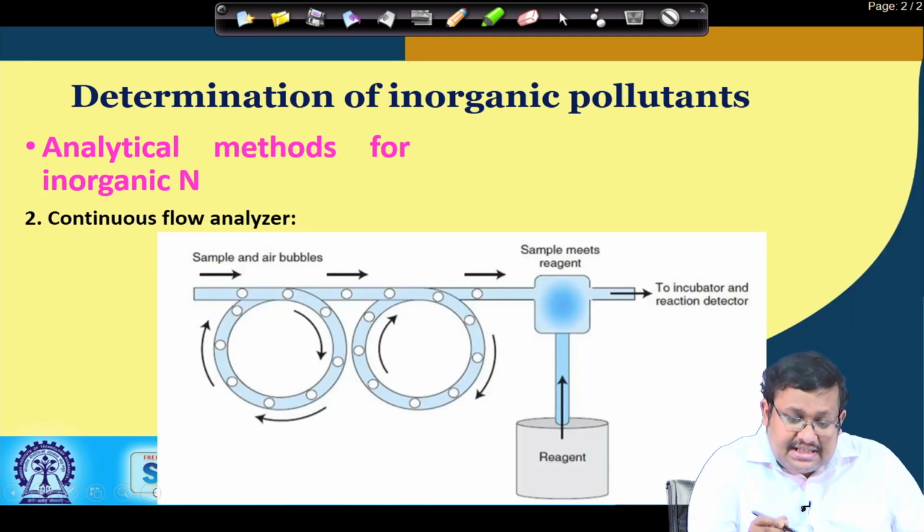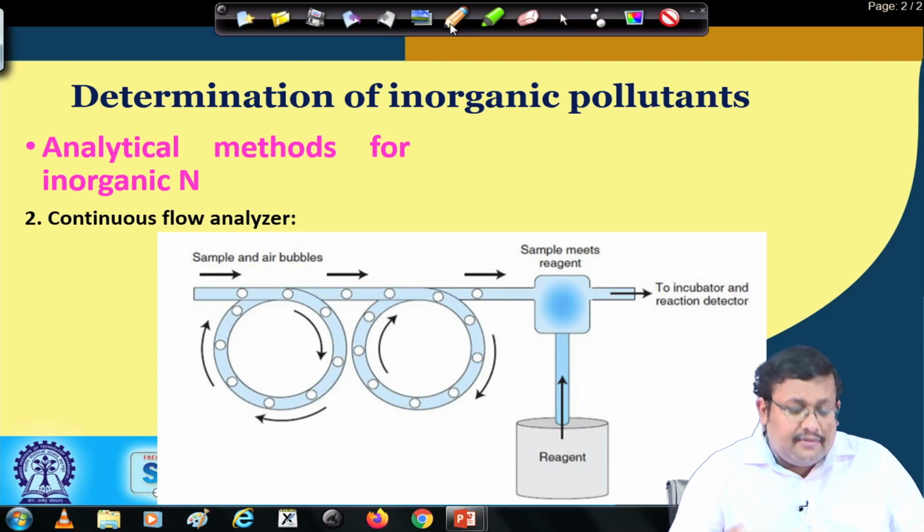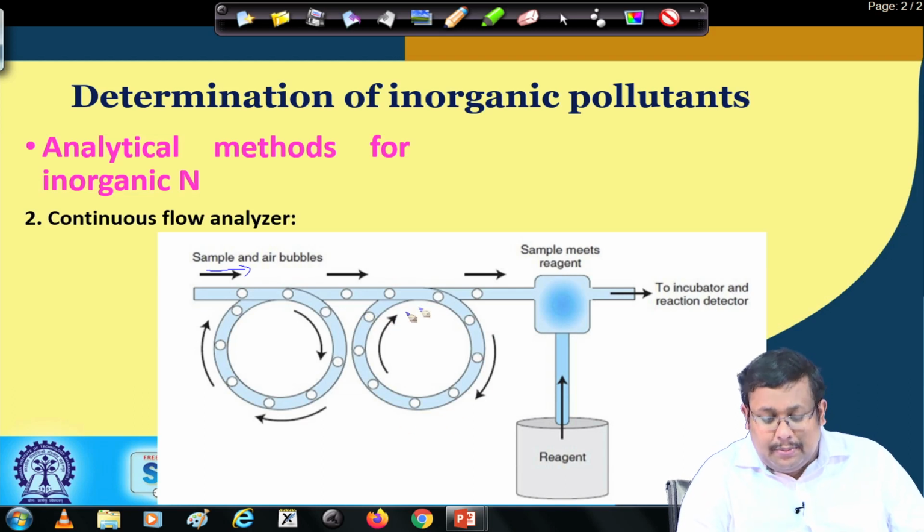Now, as I told you, the principle of the continuous flow analyzer says that through this tubing the sample and air bubbles are basically circulated. So, as you can see, samples are separated by these air bubbles. The samples are moving through this tubing, and the reagent is also pumped in at certain points of the tubing. So, at this point there is a mixing between the sample and the reagent,